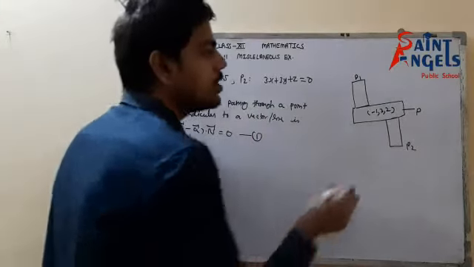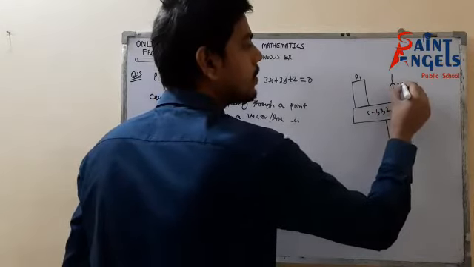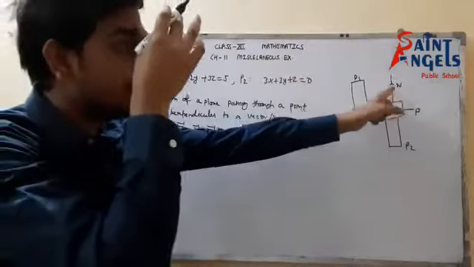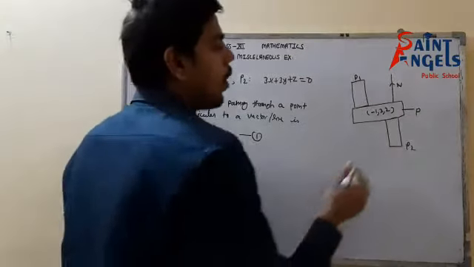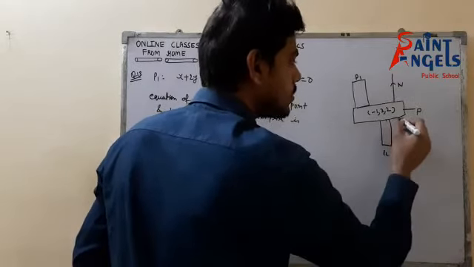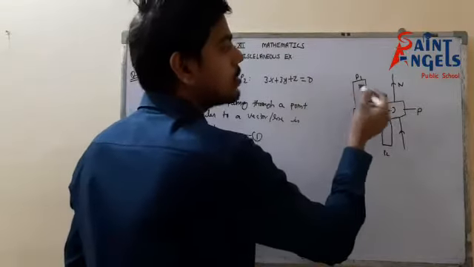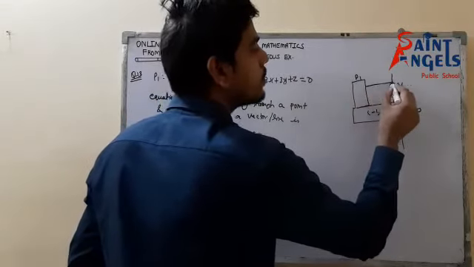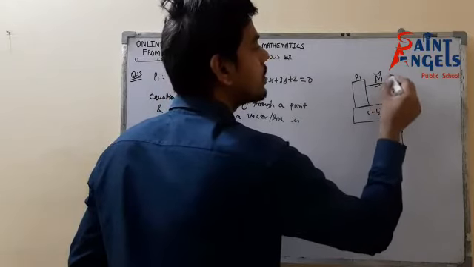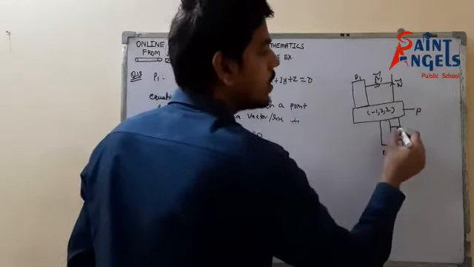The normal to this plane P would be n. Let me write P2 over here. This is plane P2. The normal to plane P1 is the n1 vector, and the normal to plane P2 is the n2 vector.